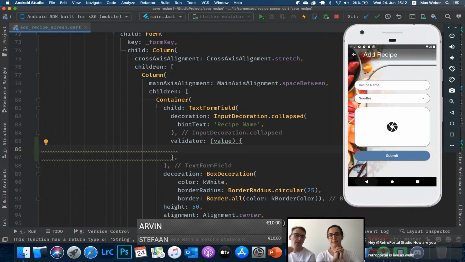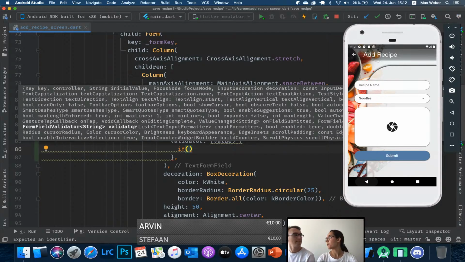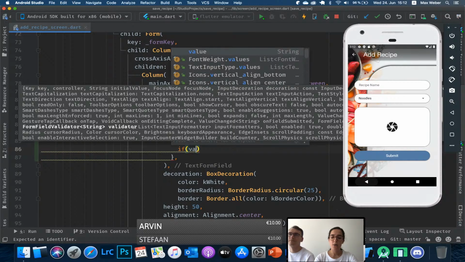Yeah. So what do we return in that place? A validator is always returning something. Yes. It returns null if it is valid and nothing is broken. So if the text input that we entered is valid, then we return null in a validator. Okay. If it is not valid, we return the text that the text form field should show to the user to explain exactly. Okay. Perfect. So that means in this case the best thing, I would say, is going to be an if-else statement, where we can say something like, for example, if the value